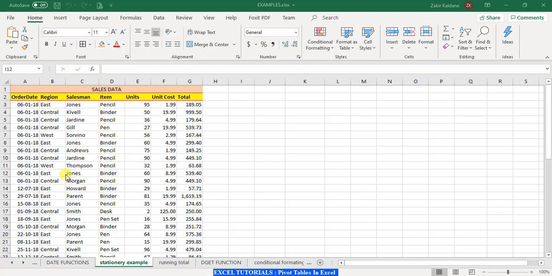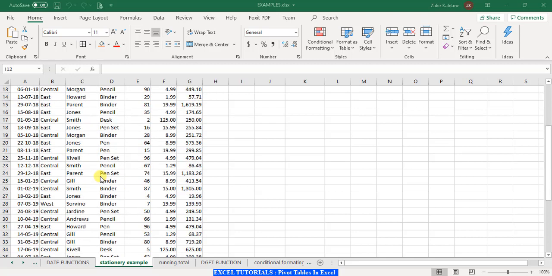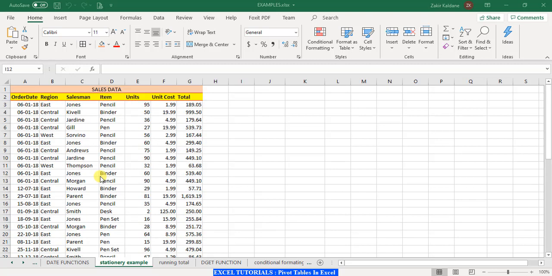Various reports can be generated from this particular data. For example, we can generate a report which shows the sales made according to the regions. Then we can have the sales report according to the items. We can also have the sales report according to the salesman. So let us see how we can do all these reports with a few mouse clicks in Excel.